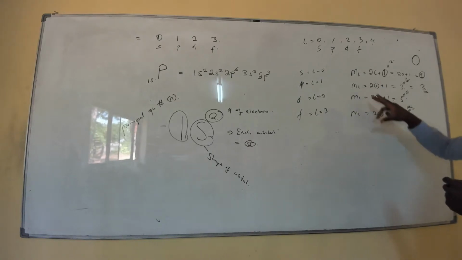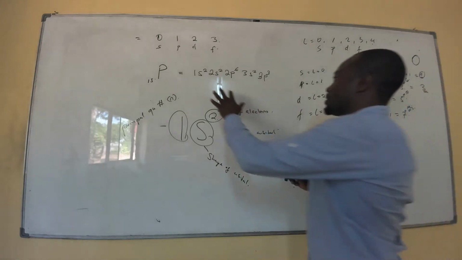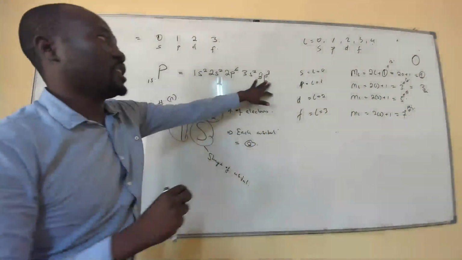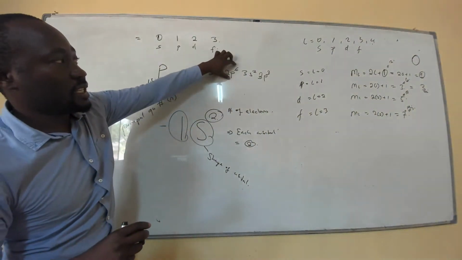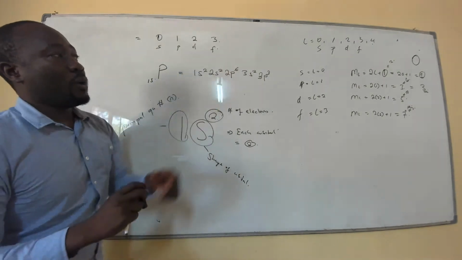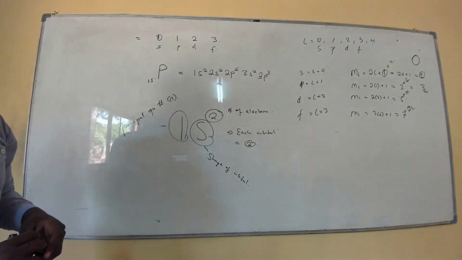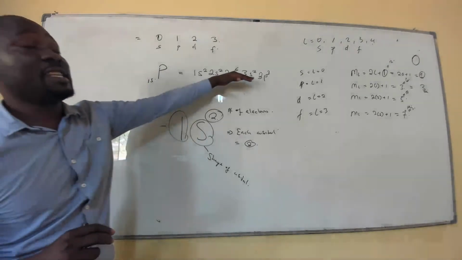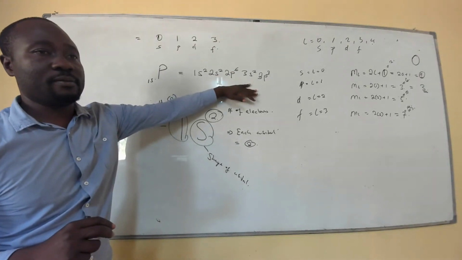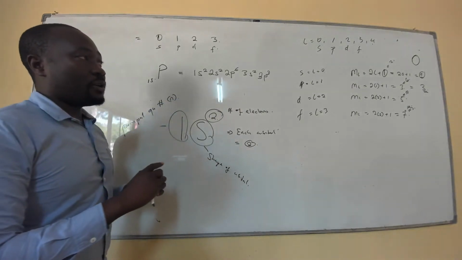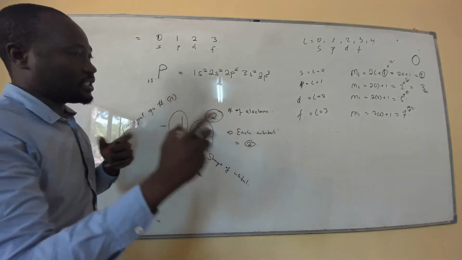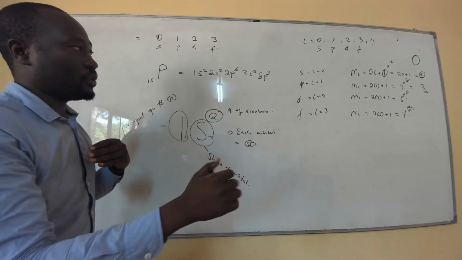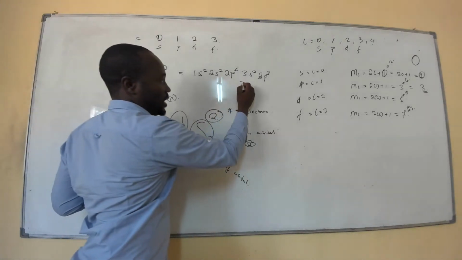So this assists us on how to distribute the electrons in the electron configuration like this. For example, this can get up to 6. Now, what we want to do in this example is look at the quantum numbers in the valence shell. The valence shell is the outermost one, the one that is furthest from the nucleus. So this is the outermost